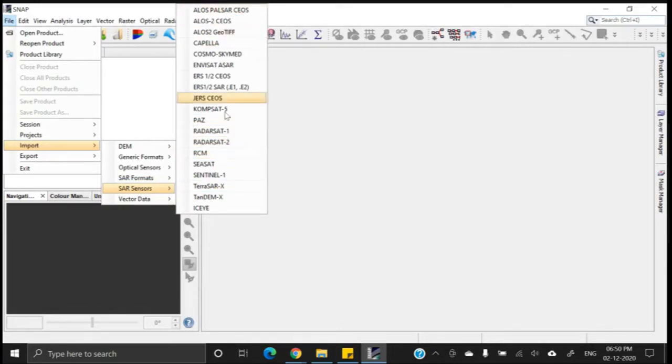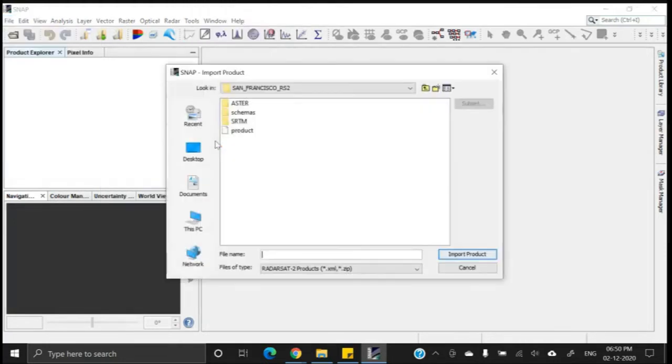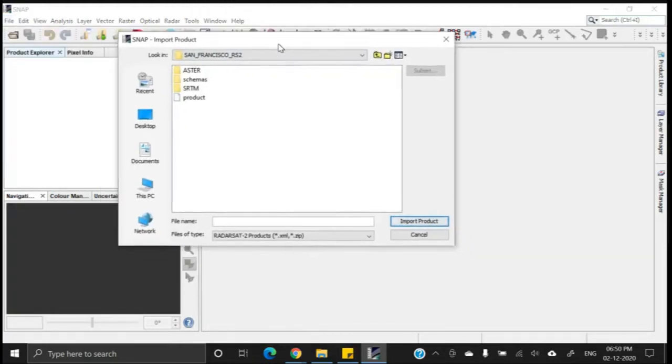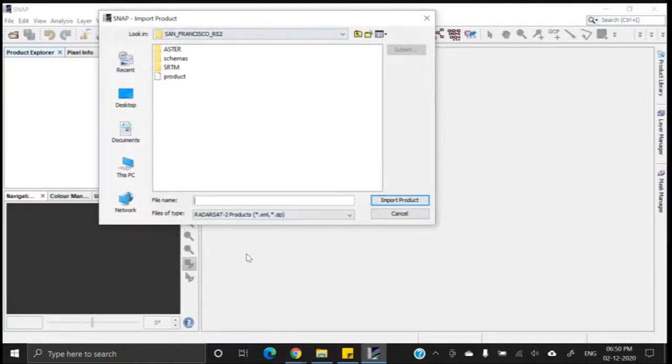As you can see, in SAR also we have a lot of sensors. Other than the European Space Agency, they have even included the Indian RISAT satellite, but RISAT is not listed here. I will explain how to add the RISAT image in a later session. So now we are going to add RadarSat-2. Click on the RadarSat-2 sensor, and it will ask you to select the XML file.